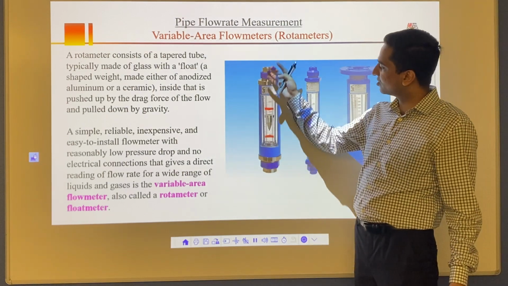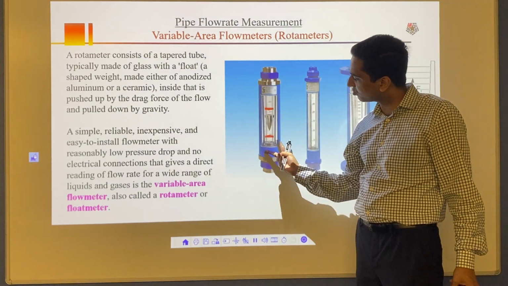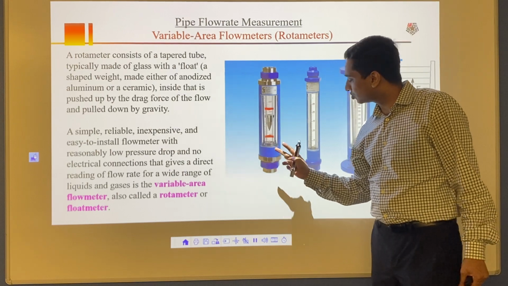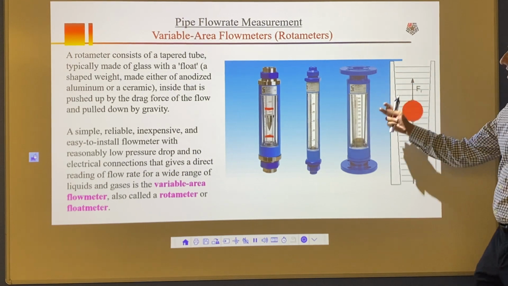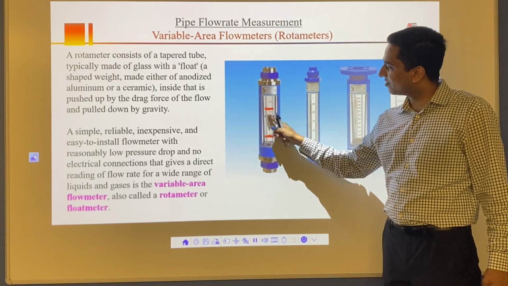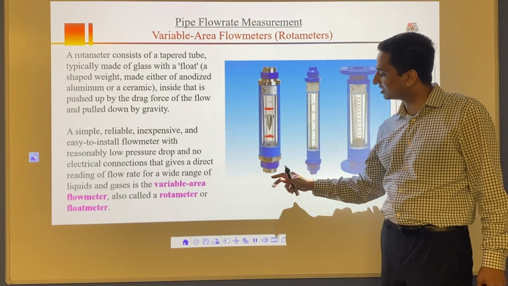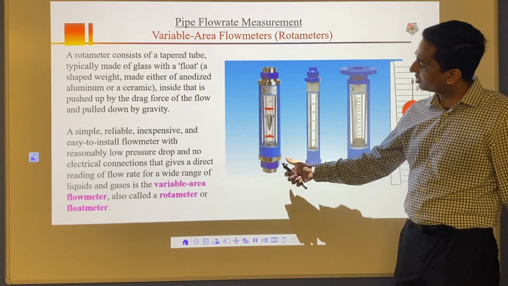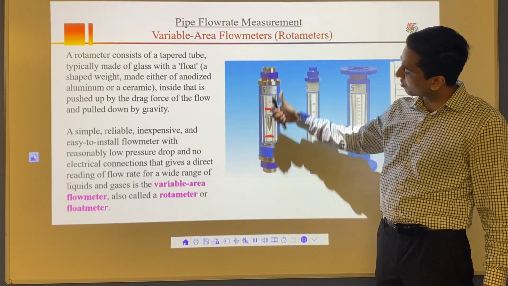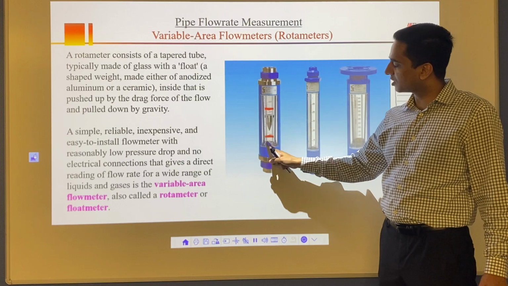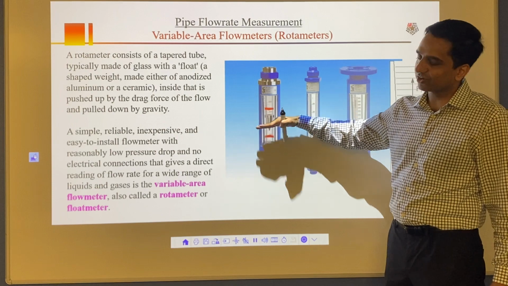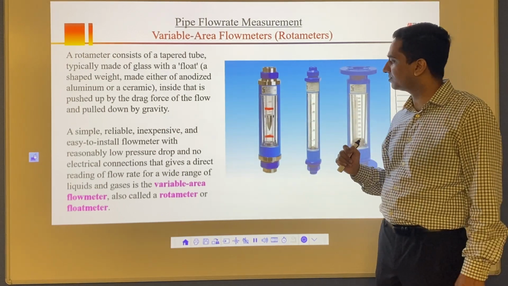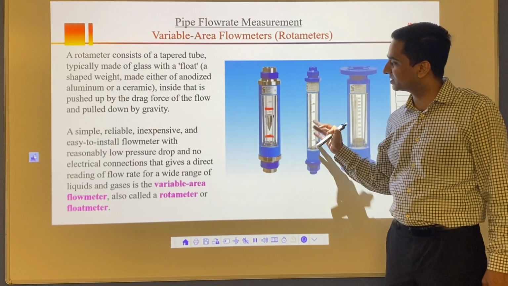All we have is a vertical device, a vertical tube, a transparent vertical glass tube. The transparent tube normally has a variable area cross section. So here we have smaller area, and then here we have larger area, and then it goes like this. So here we have a float inside. This one is inlet, this one is outlet. If water is not flowing, the float is at the bottom, and then when it starts flowing, it goes up, and wherever it stops, that will be your flow rate. It's a very easy concept, and they are very popular devices because of their simplicity.